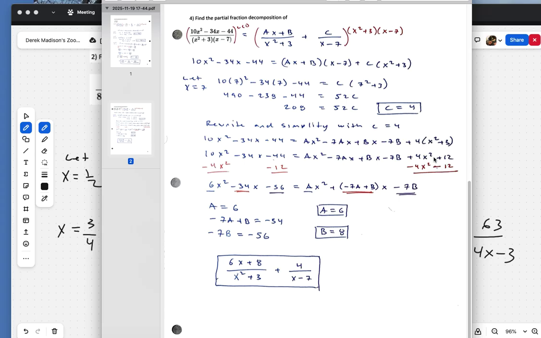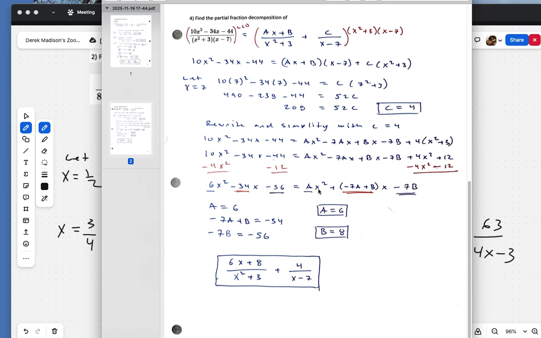So if you notice, these do not involve a, b, or c anymore. These are just things that are known, so I can move them over to this side and combine them with their like terms. So that's why I did minus 4x on both sides to get rid of this, and minus 12 on both sides to get rid of that. Doing that over here got me the 6x squared, brought the 34 down, and then negative 44 minus 12 for the negative 56. Like the example I did on the first method 2 one that I did earlier when I was introducing it,